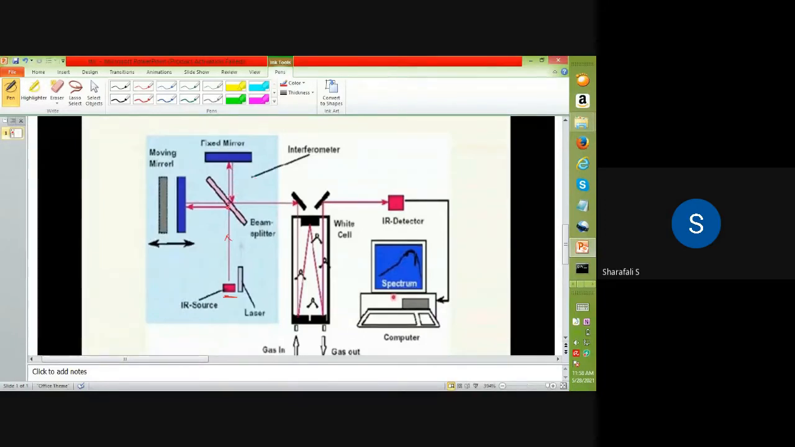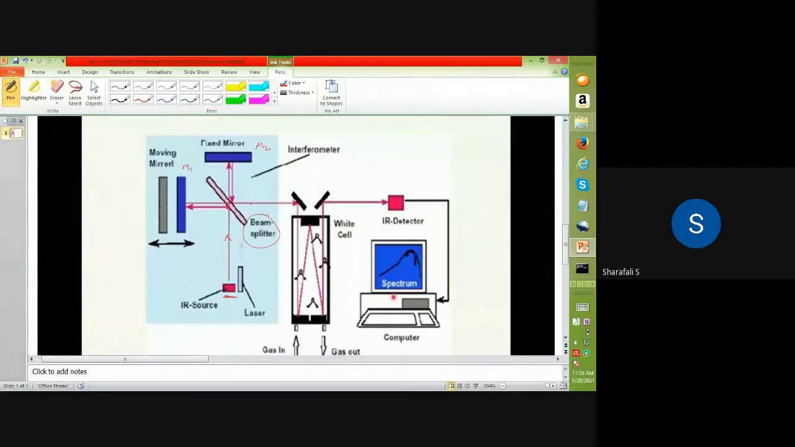So from this point, half of it will be reflected to this moving mirror, and half of it will be passing through this beam splitter. This beam splitter will be splitting this particular beam in such a way that 50% will be reflected back and 50% will be passing through. So 50% will be going like this, reflected to this mirror, and 50% will be transmitted through this beam splitter. It will reach mirror M